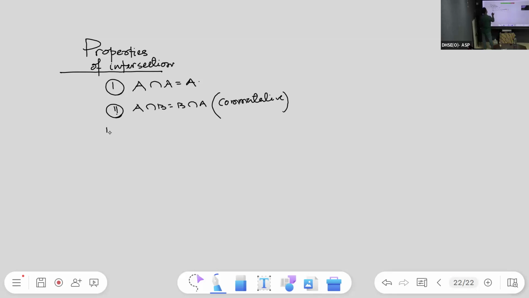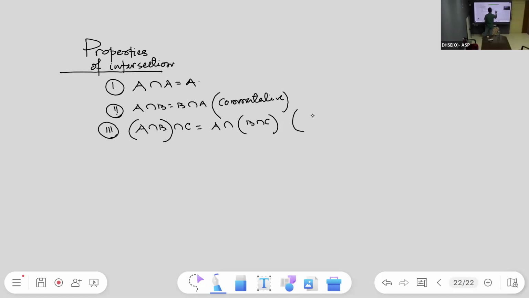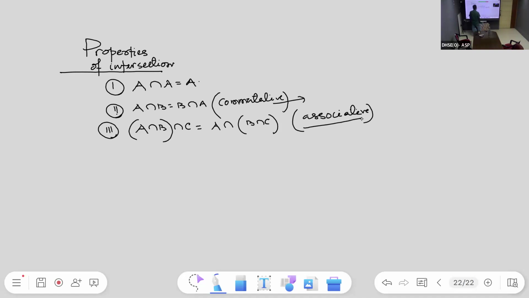Then third is intersection is associative. For any three sets A, B, C, (A intersection B) intersection C is equal to A intersection (B intersection C). This is associative law. In Odia, this is called Krama Binimoyi, this is called Sahajogi. Okay. The fourth one,